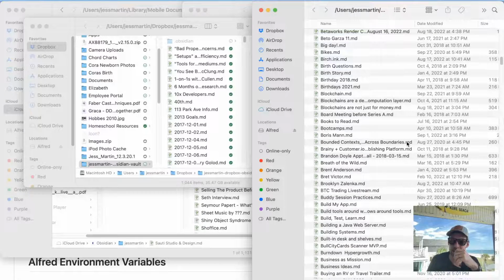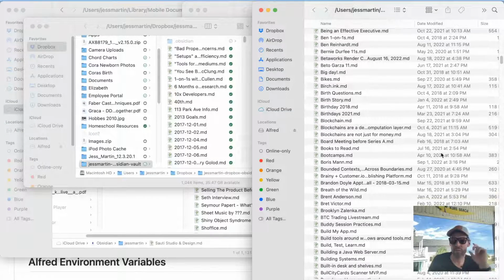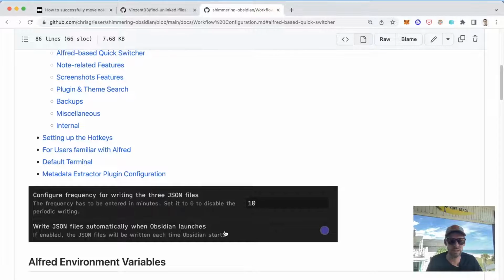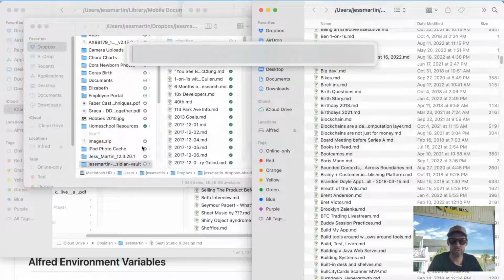If you notice the date modified column here, we're actually seeing that the Bear exporter did write the correct modification date, which should have gotten copied over, I think. Well, let's go look at the vault.